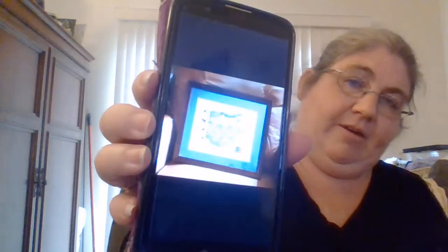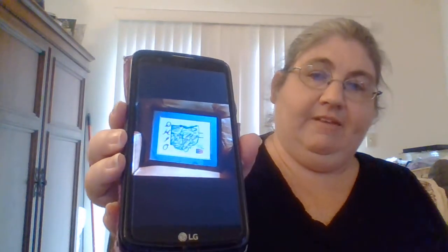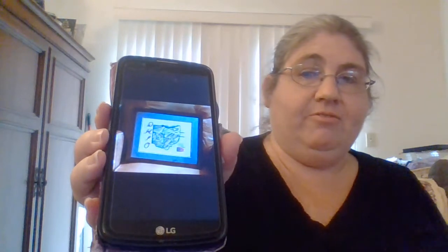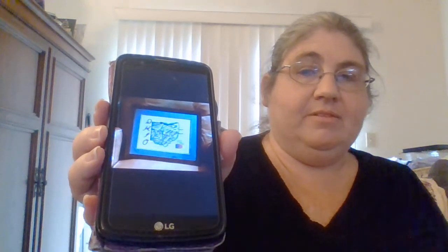And then in May I finished the other piece that I was taking to the framer. Let me pull that up on my phone too. This was a piece that I gave to my mother. I just gave it to her for Christmas, actually. This is the Ohio map that I started in April. I finished it in May, and I gave it to my mother for Christmas. It's not a wonderful show on my phone, but